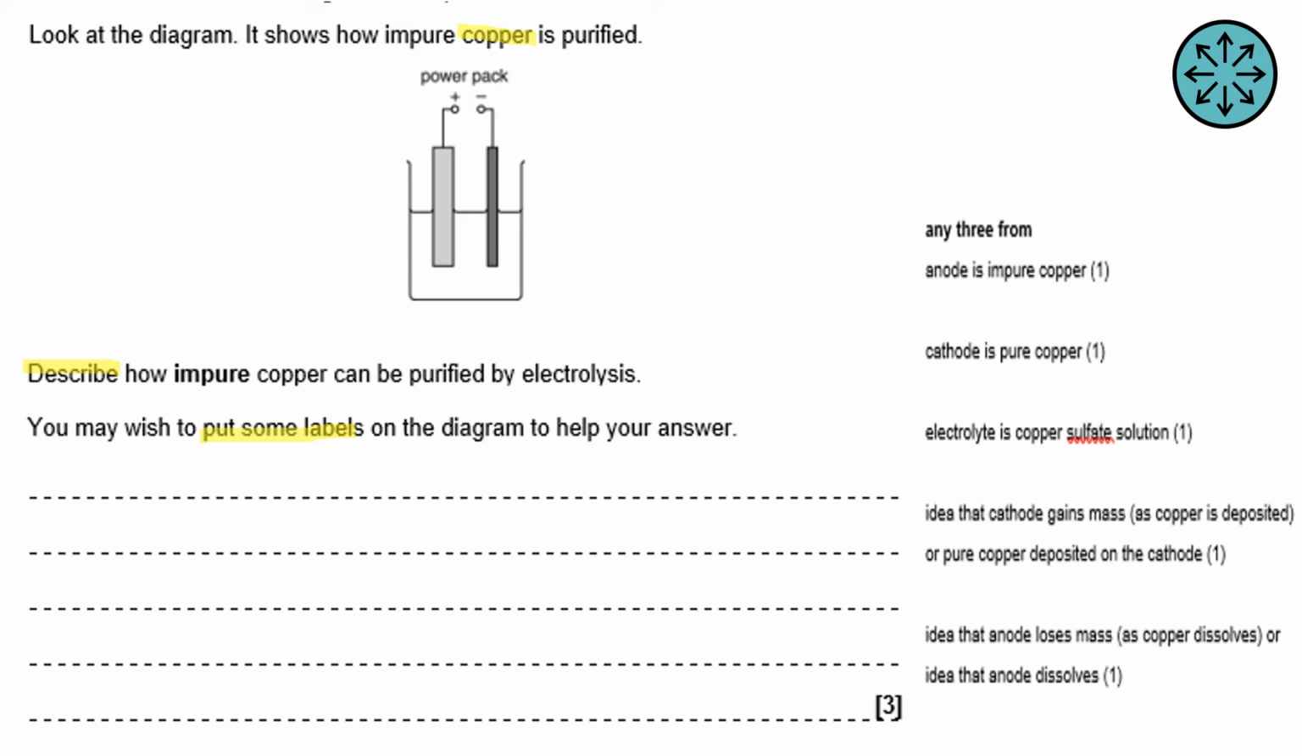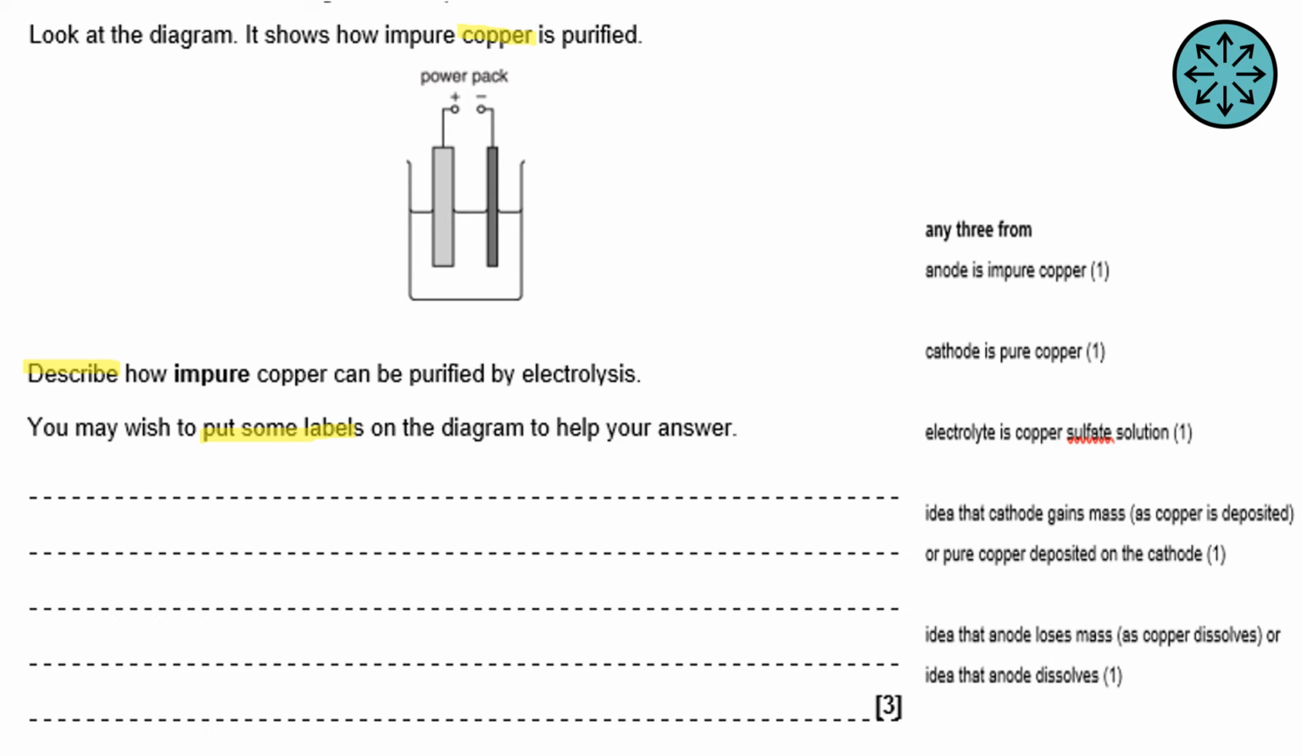If you'd said the anode was the impure copper, you would have got a mark. Cathode is the pure copper, would have got another mark. Electrolyte is copper sulfate solution. So simply by labeling that diagram up with impure, pure, and copper sulfate, I'd have picked up the